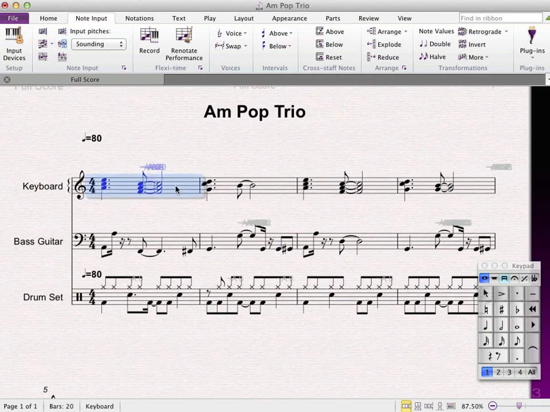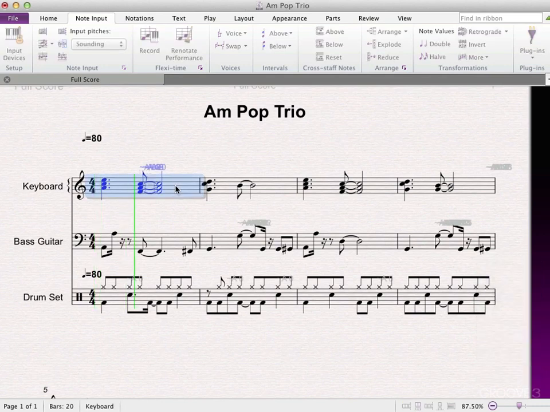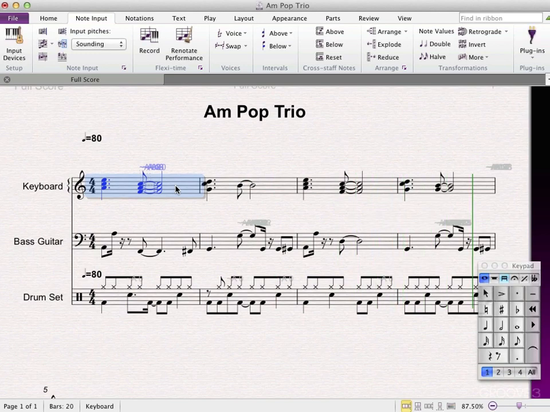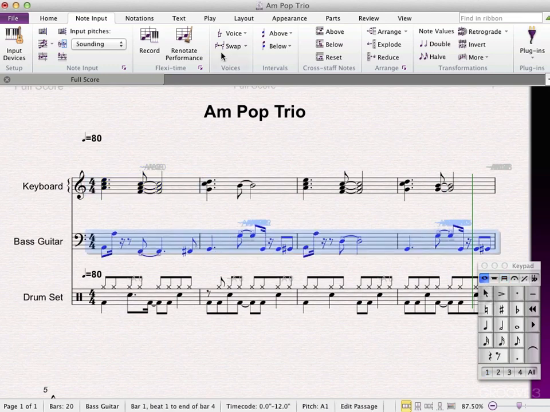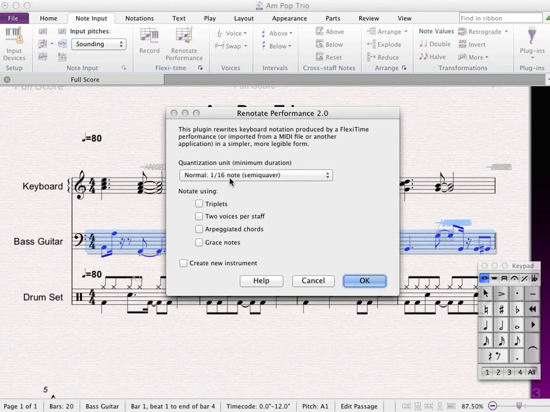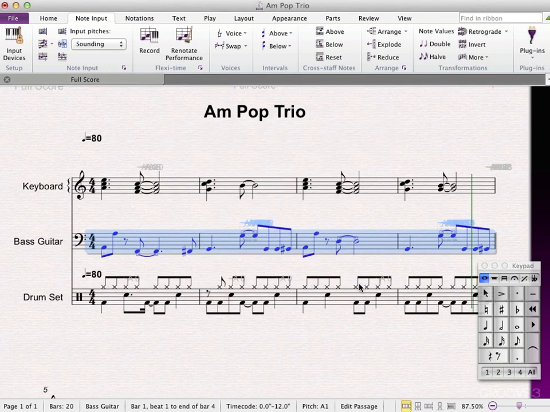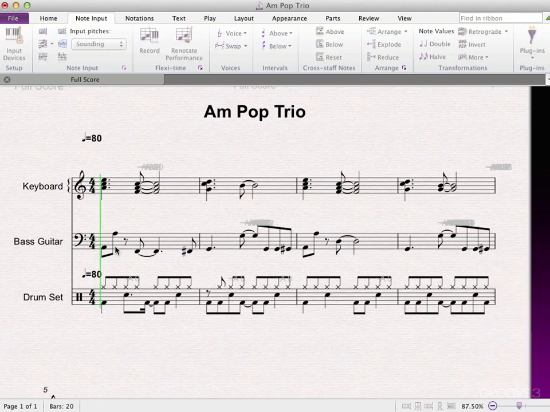So now when we play back, it's all starting to look really good. So now let's do the same on the bass part. Renotate. This time it already knows that there are 16th notes in there, therefore it knows to be a bit more accurate. So let's hit OK. Tidies it all up. So now when I play back the whole thing,